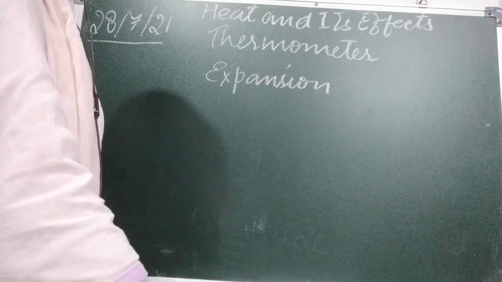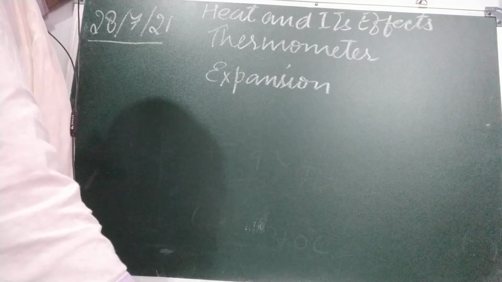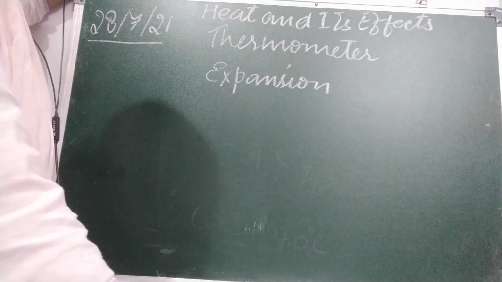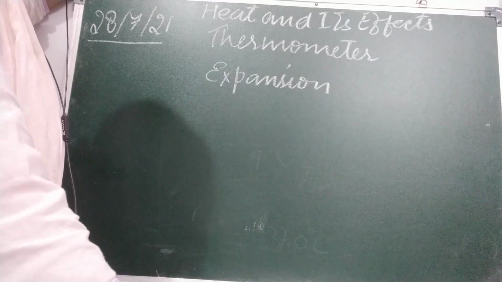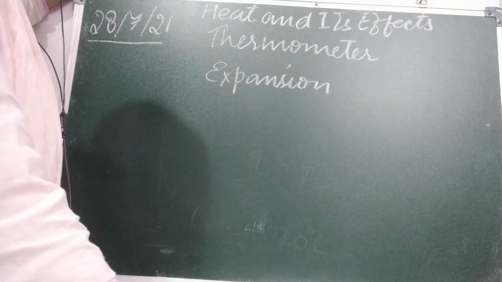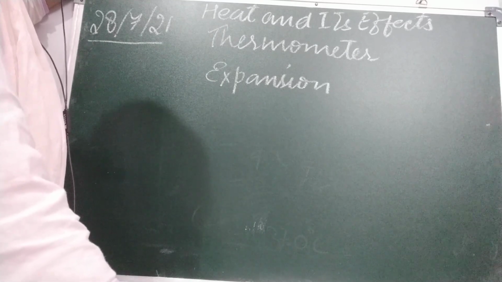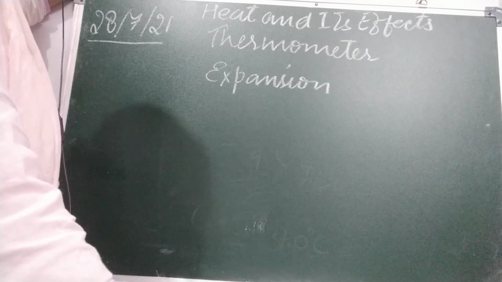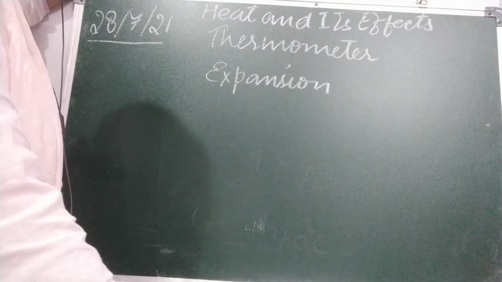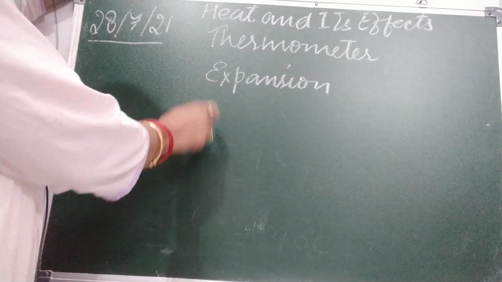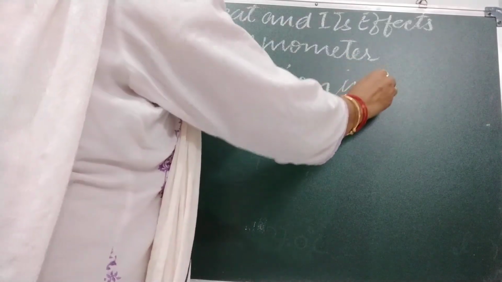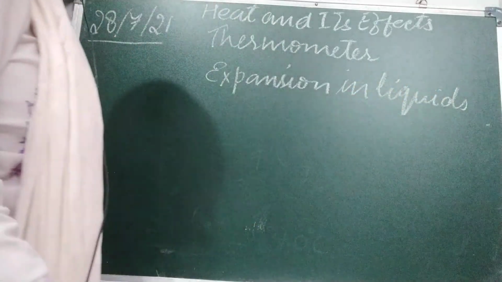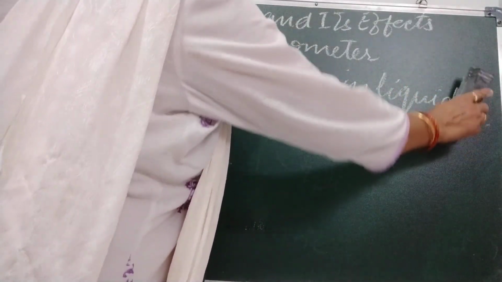Okay. So one way of measuring temperature is to measure the expansion of solids, liquids and gases. We know that solids expand very little, while in gases the expansion is very high. Therefore, in order to measure temperature, we usually measure expansion in liquids. The instrument we use to measure the temperature is the thermometer, and the principle used is expansion in liquids. Okay. First we are going to discuss the laboratory thermometer.